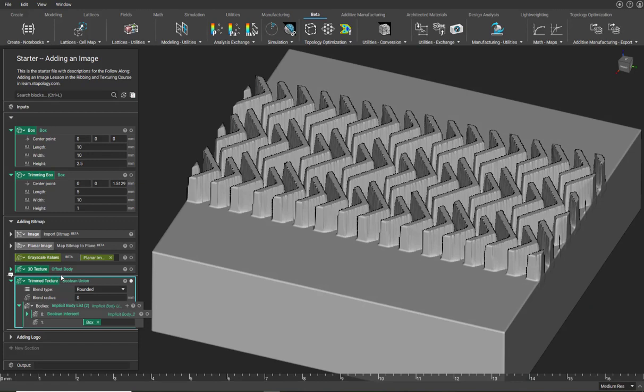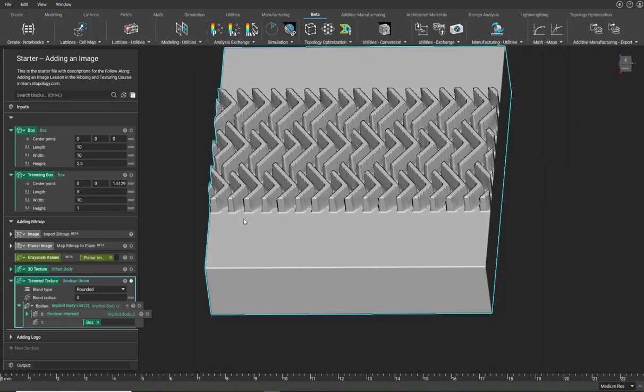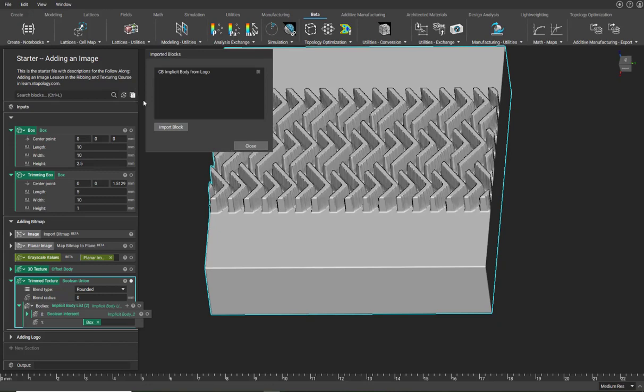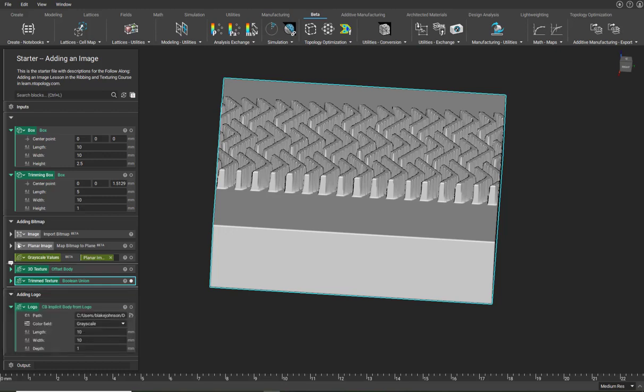So you can play around with these different designs, put in something else that you want. You may also want to have a texture that comes from your logo. You want to have that image on your part. So I actually have a custom block in here, this implicit body from logo, that will show how to do something like that as well. And you can also download our implicit body from logo custom block below this video. But in this last section,